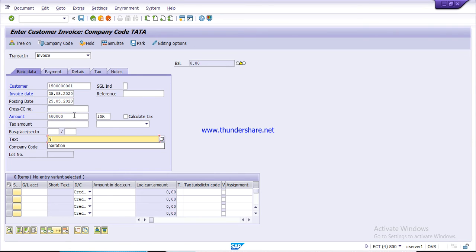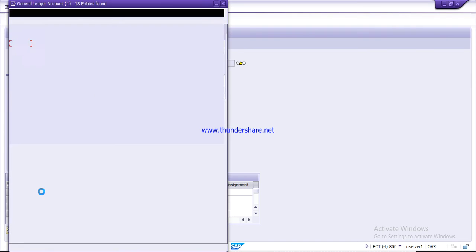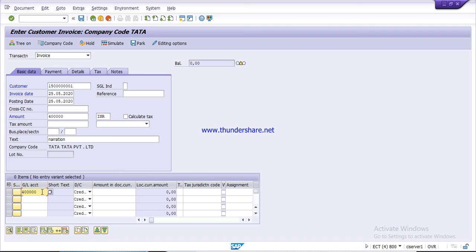Here you can give narration, then select your GL account, revenue account. Revenue account is credited with amount 4 lakh.